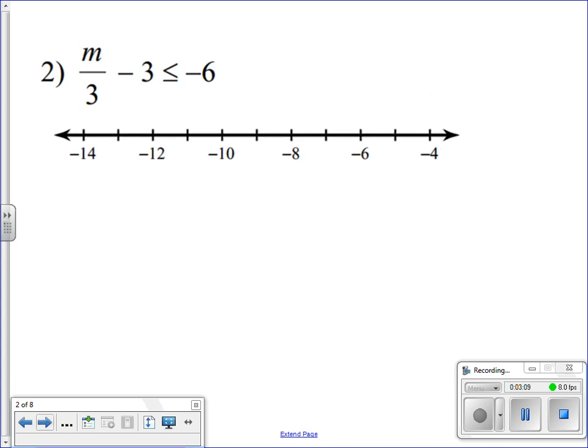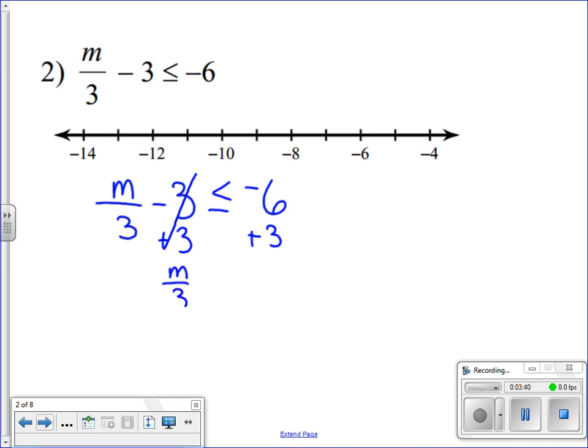Okay, here's another one. Again, a two-step inequality. Not anything we haven't done already. So I'm going to go ahead and write it again. This is m divided by 3 minus 3 is less than or equal to negative 6. So I need to get rid of the 3. In order to get rid of the 3, I'm going to add it to both sides. So this cancels out here on the left-hand side. I'm left with m over 3, or m divided by 3, is less than or equal to